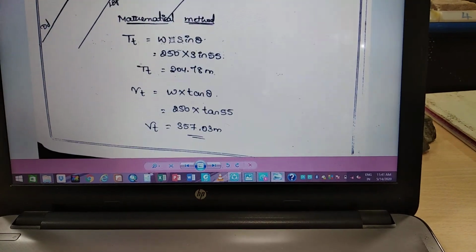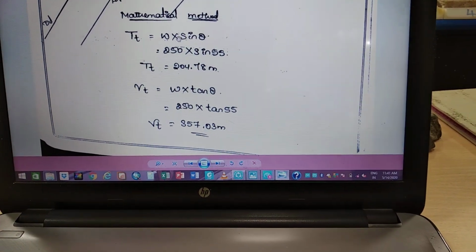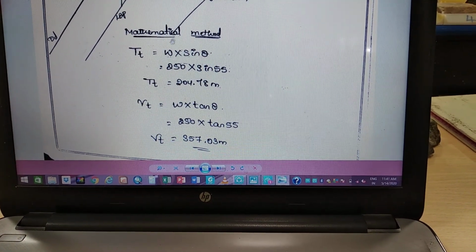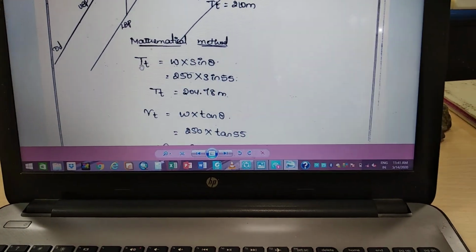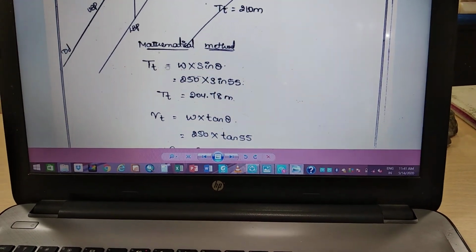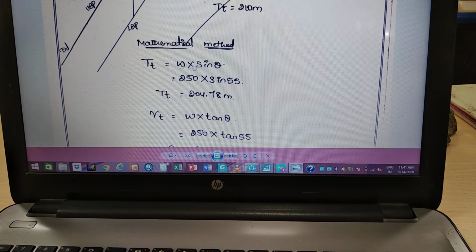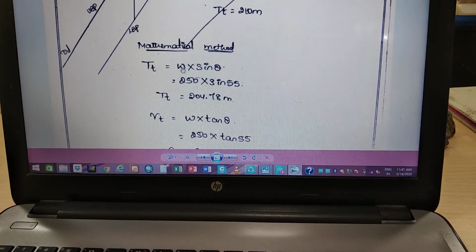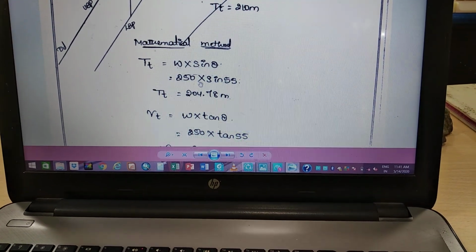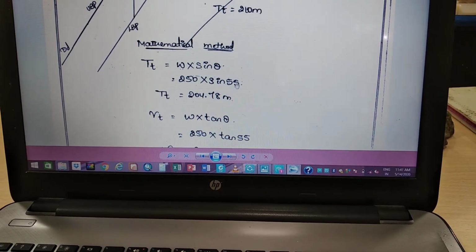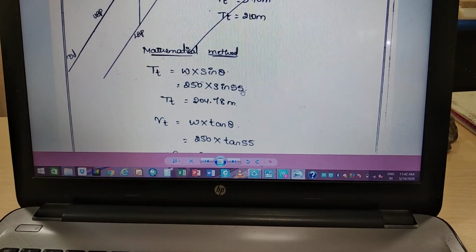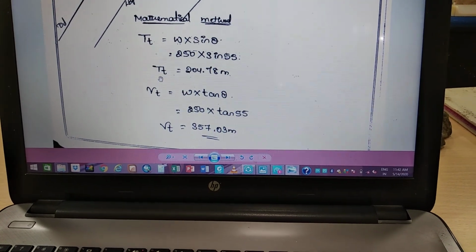So now let's start with the mathematical method. We have some equations to solve this problem. So true thickness, how to identify the true thickness? We need to use this formula: Tt is equal to W sine theta. We have this W here, W value 250 meters, multiplied with sine theta. Angle of inclination of the bedding plane is 55°. So Tt is equal to